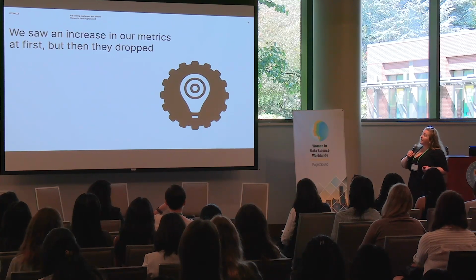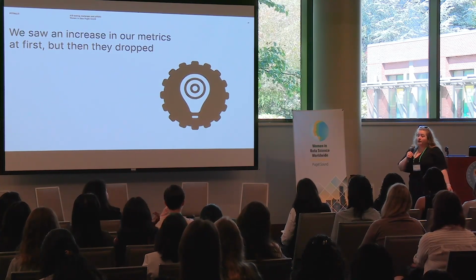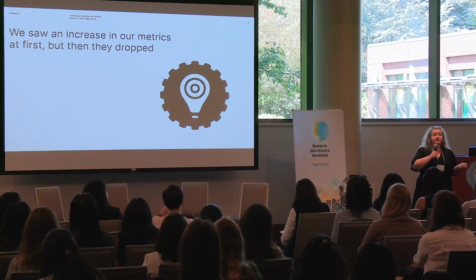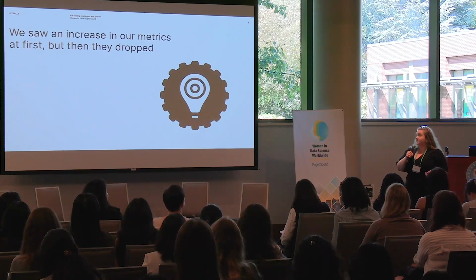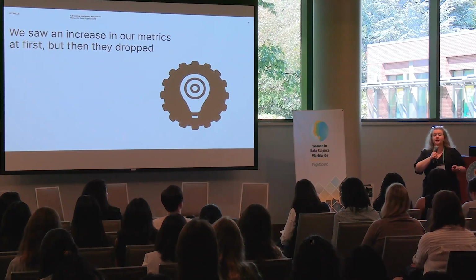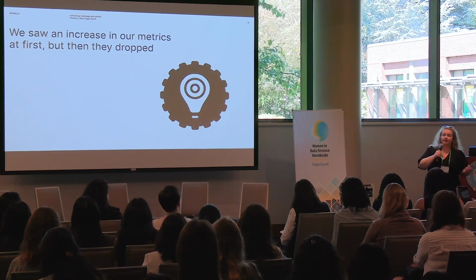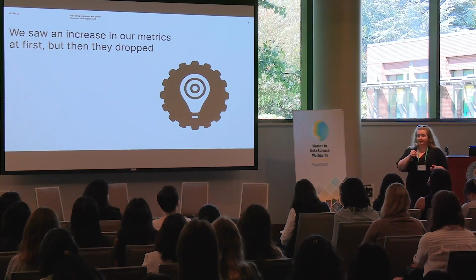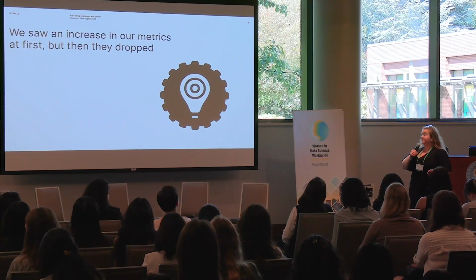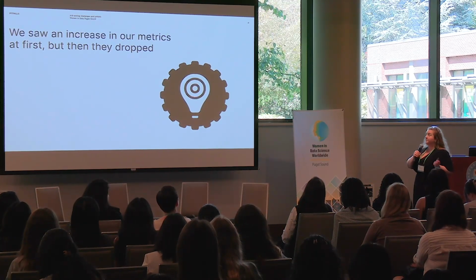Now, if you see an increase in your metrics at first, but then those metrics drop to pre-experiment levels, you may want to, again, do your typical checks. Is your data pipeline okay? Are you seeing the data you're expecting to see? Is there an engineering bug that could affect your reports? Is this happening for a particular user? Again, the demographic attributes I have discussed. And at that point, you may also want to think, okay, at which point do we abort this experiment because things are looking really bad and we're losing a lot of users and therefore a lot of money.